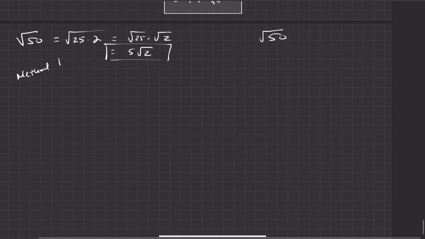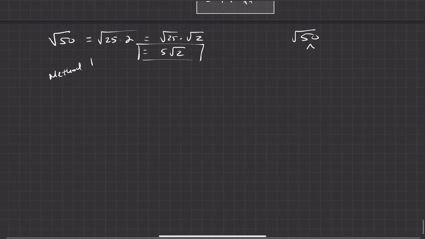Over here, I'm going to show you the buddy system method. You're going to draw a factor tree. So here I'm going to draw a caret sign, and then I'm going to think of 2 numbers that multiply together, they'll give me 50. That's going to be 25 and 2. And then here's this 25. I can break that down into 5 and 5. And since I have a pair of the same